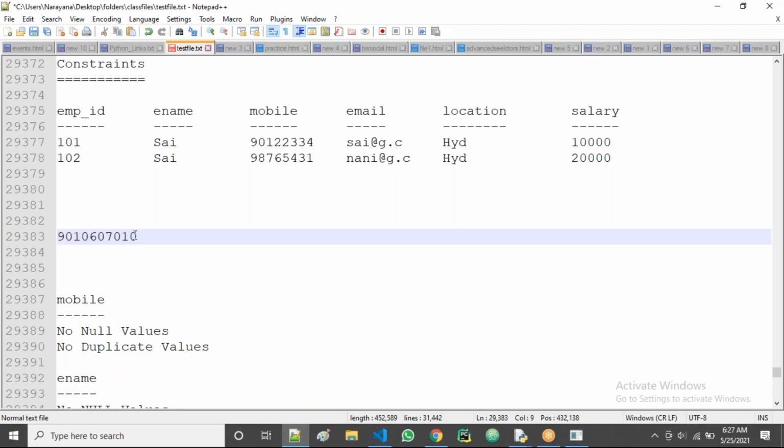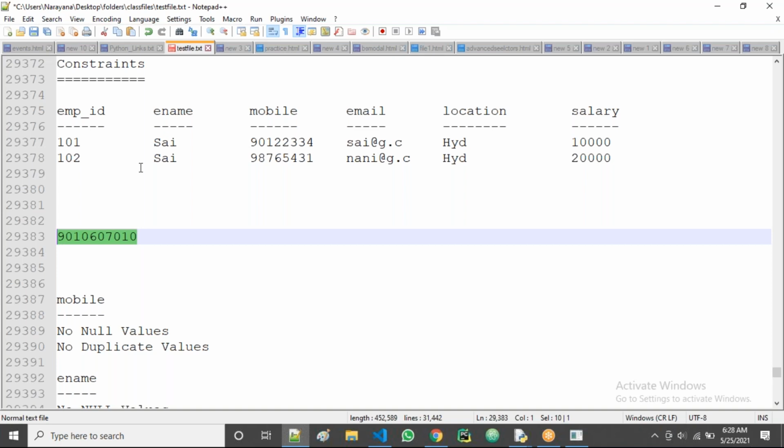Suppose in the UK you ask someone whose mobile number this is, they say this is a Python mobile number. Why? Because in the entire world, I'm the only person having this number. But in case of the name Narayana, a lot of people are there.